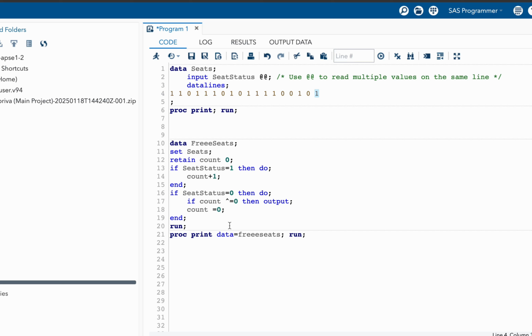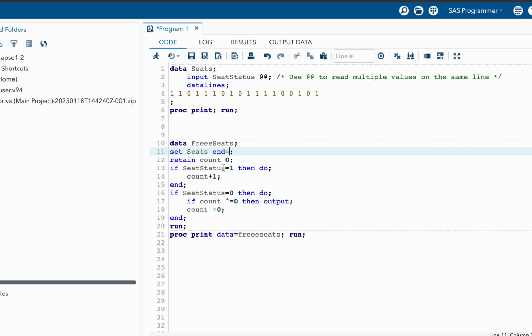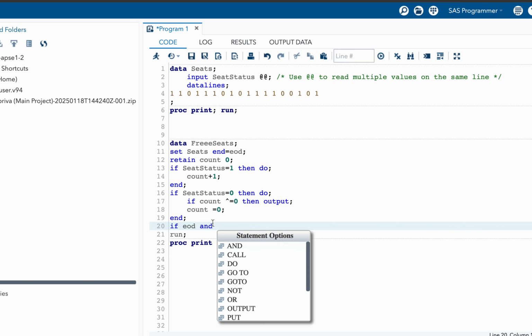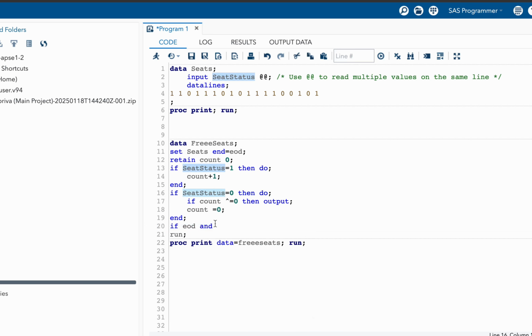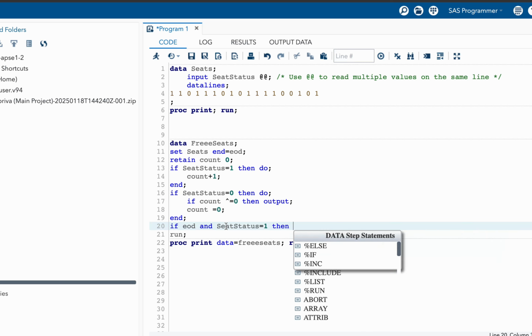So to solve this issue, we can write one more condition. We can create end equal to end of data. And we can say that if end of data, which means we are at the end of data, and seat status is equal to 1, then output.